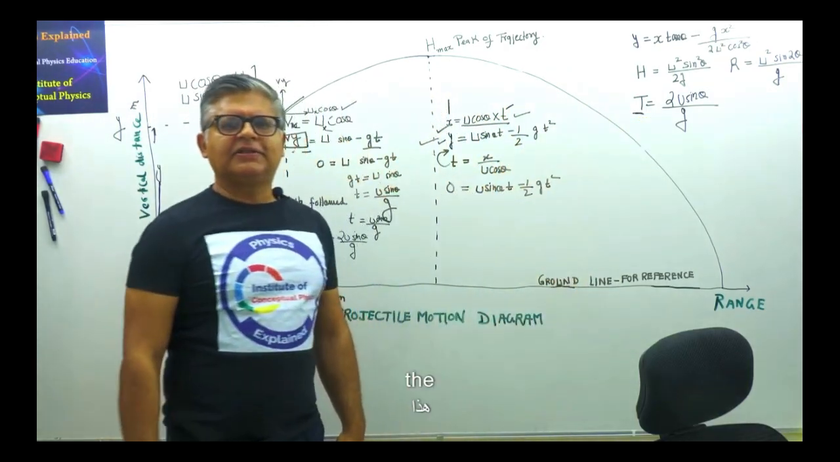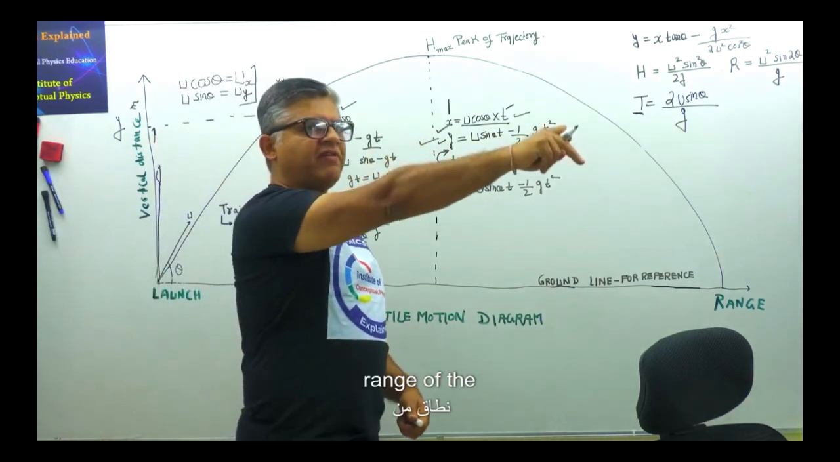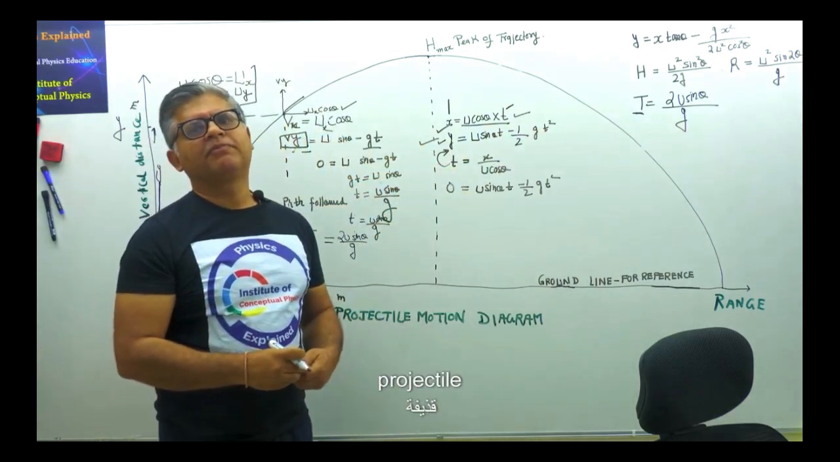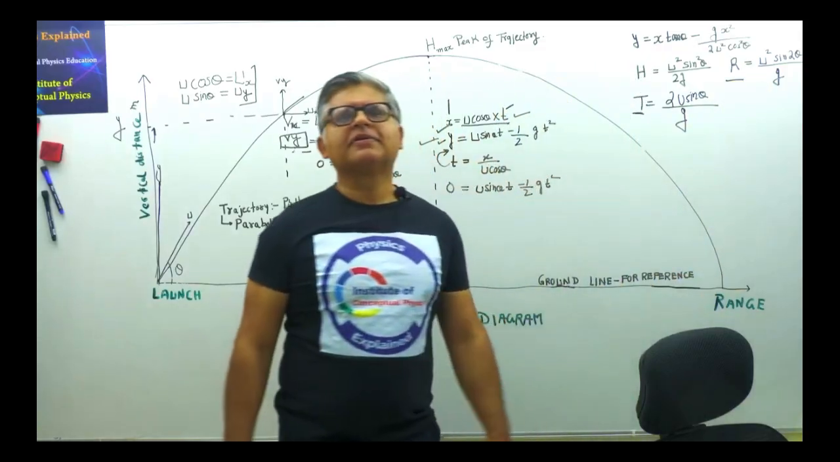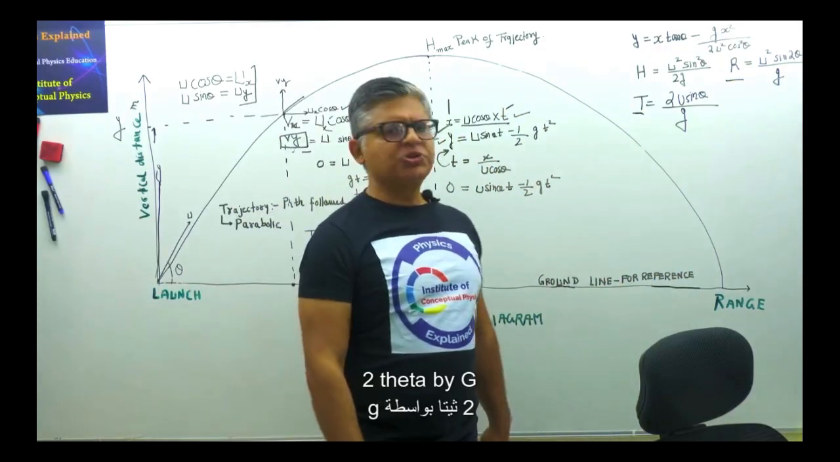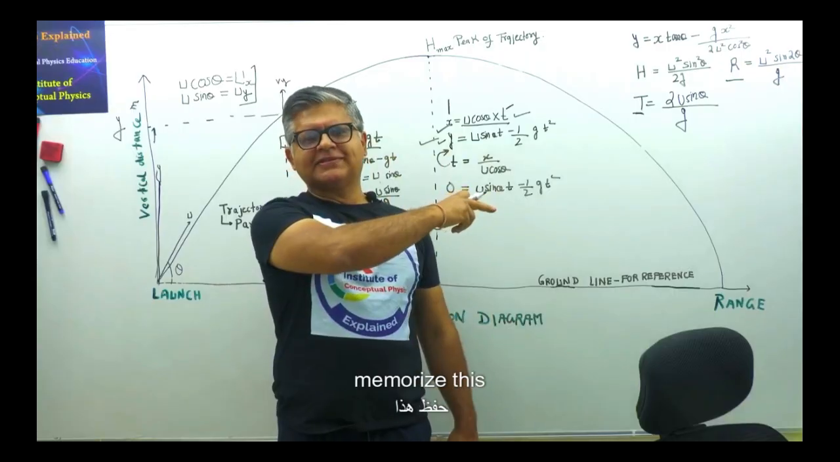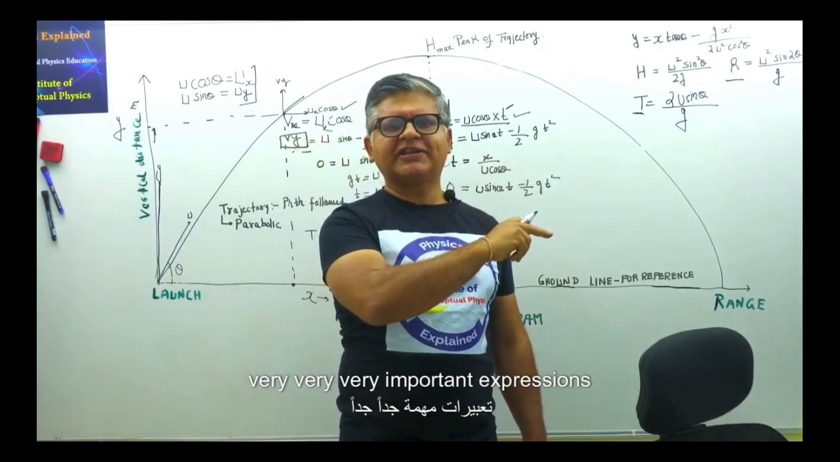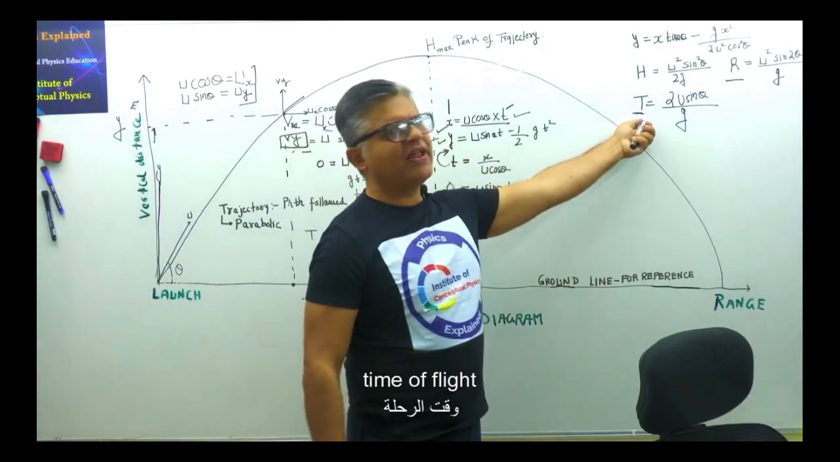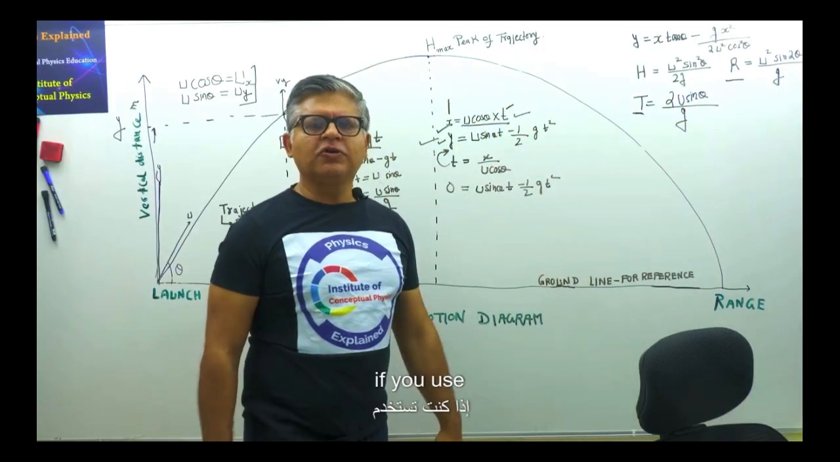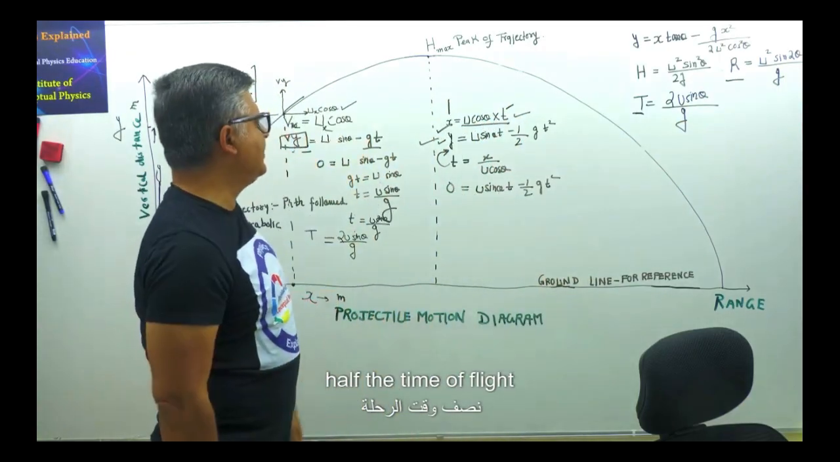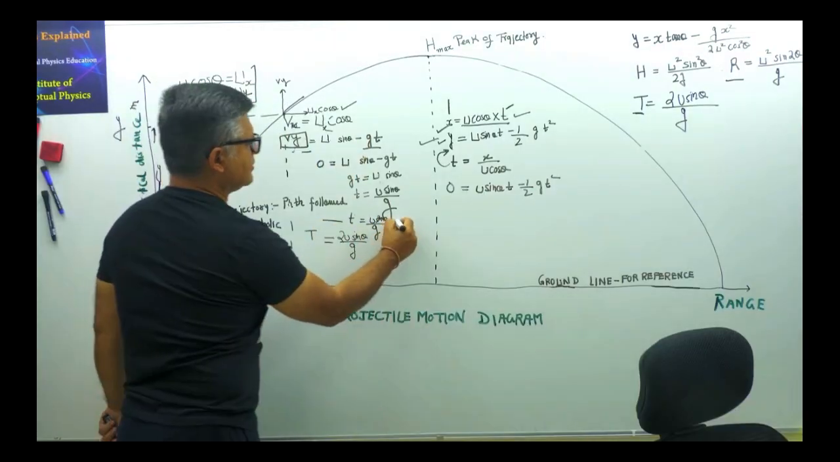range of the projectile. U square sine 2 theta by g. Memorize this. Very, very, very important expressions. Time of flight, range, and if you use half the time of flight, which is this,